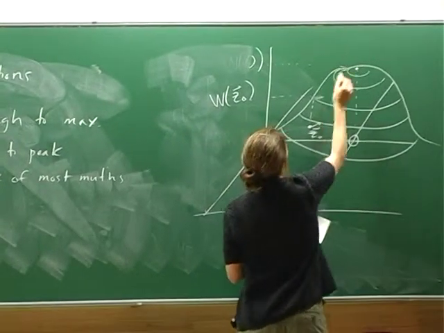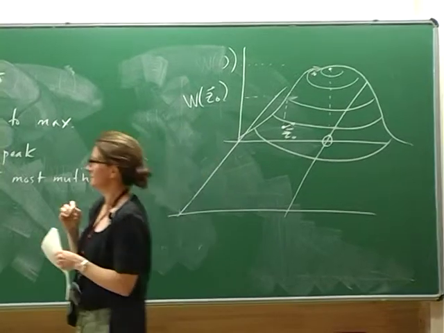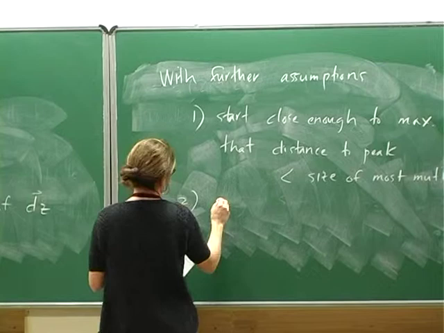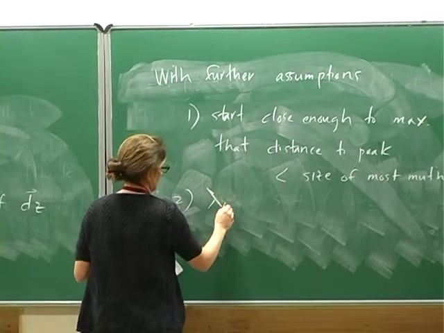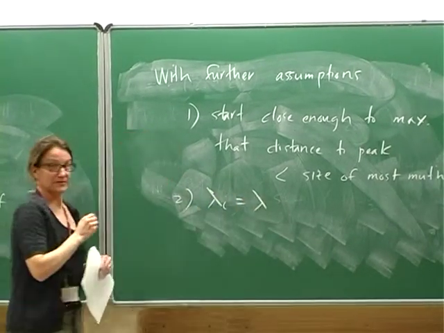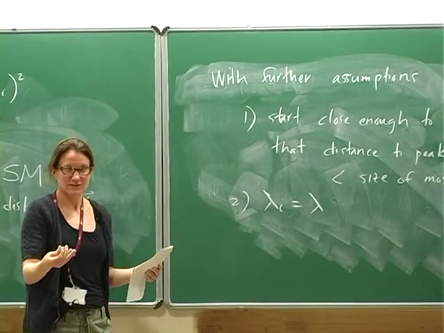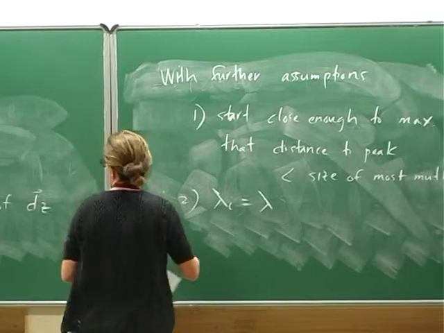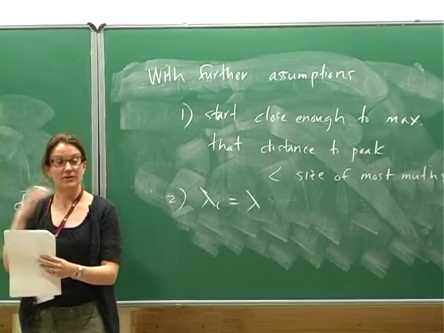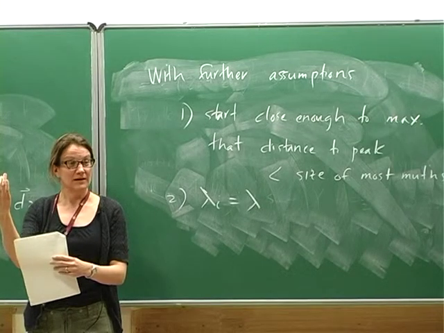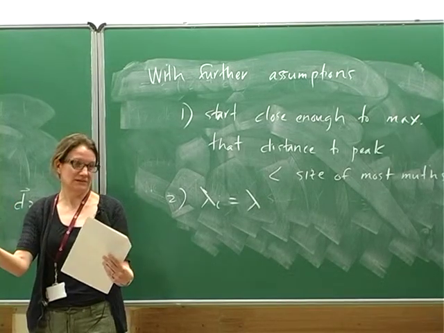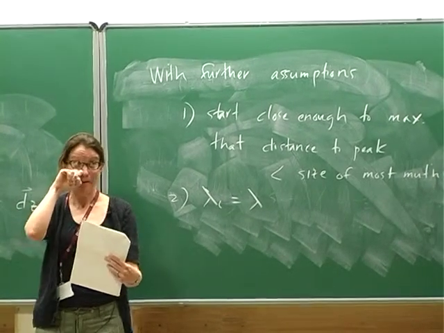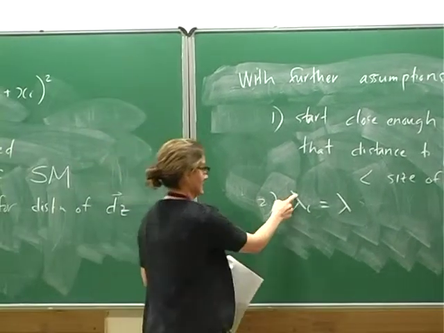So you're really starting up here. And two, if all of these lambda i eigenvalues are all the same, what does that really mean? That means something mathematically, but what does it mean physically? It's sort of hand-wavy that the mutations in every trait are kind of equally accessible and equally selectively important. Okay, so these are really big assumptions, which you heard lots about yesterday, thinking about your assumptions.